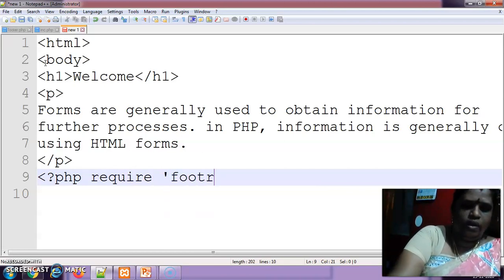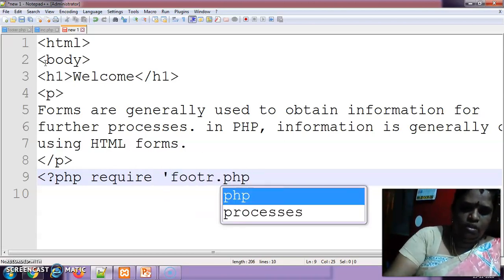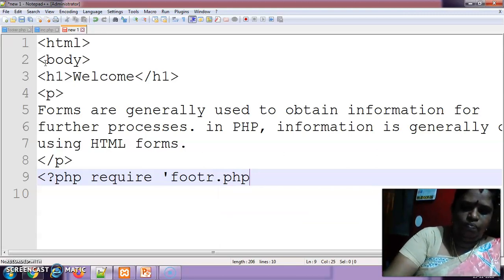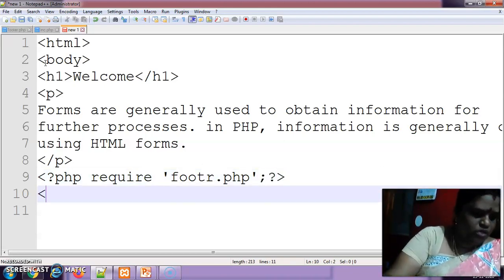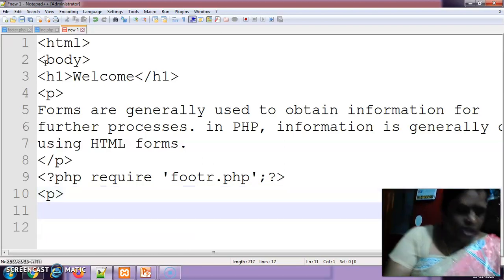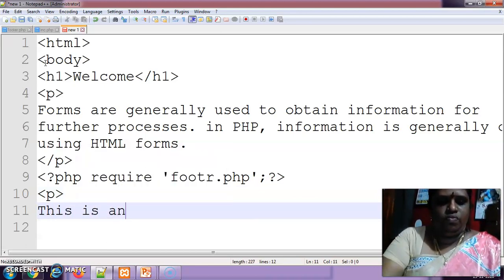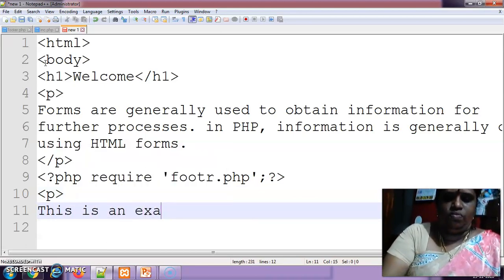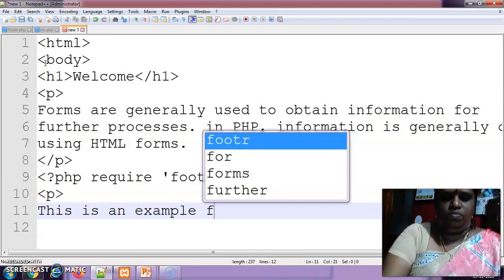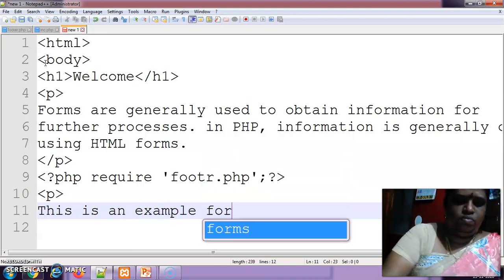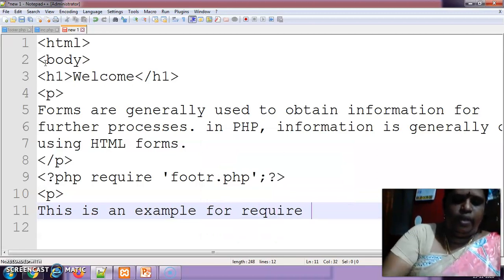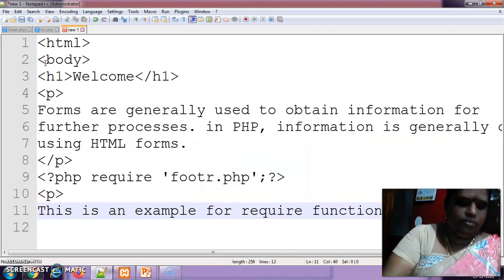So here is one mistake, so it will not give the output. We'll check it. Okay. After this, close here. This is an example for require function. Require function.